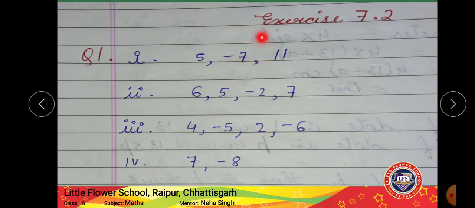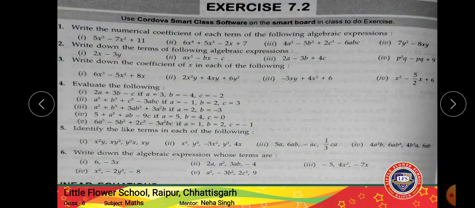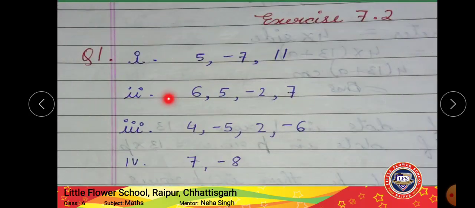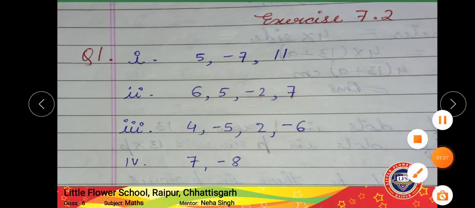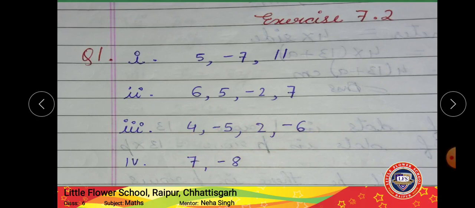See, minus 7. Similarly for the second question it will be 6, 5, minus 2 and 7, right? See, 6, 5, minus 2 and 7. Similarly we can solve the rest also. You just need to write the coefficients of the given terms of the algebraic expressions. Okay,